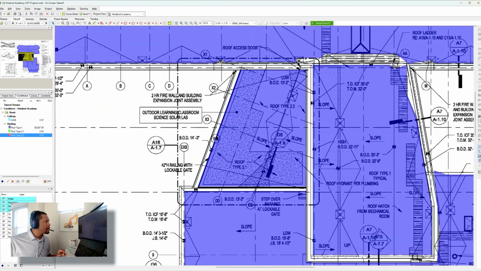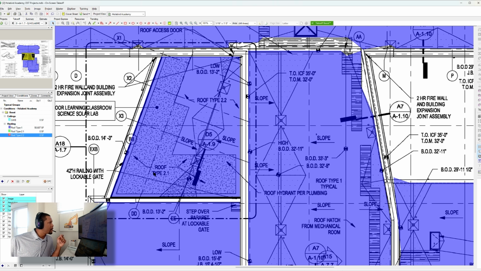Now we're going to zoom in to this area that shows roof type 2.1 and 2.2, and we will change this whole thing to 2.1. So let's reassign this roof type 1 to roof type 2.2. Then we're going to do a back out for roof type 2.1 and fill that in with that condition. It's just very simple. So we've got that highlighted now, and I want to assign it to roof type 2.1. So if I right click, go to reassign objects, that happens just like that.